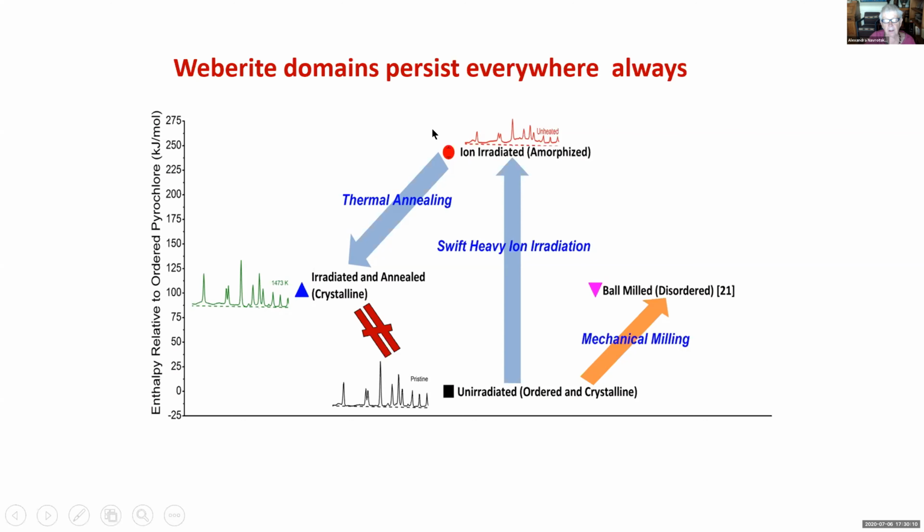If we then anneal the sample to 800 or 1200 degrees C, we get back something on the order of half the energy, but we have a structure which shows a lot of pyrochlore structure in the long range, but in the short range, it shows these Weberite domains. And in fact, the material that is amorphous to X-rays also shows these Weberite-like domains, and they persist for a